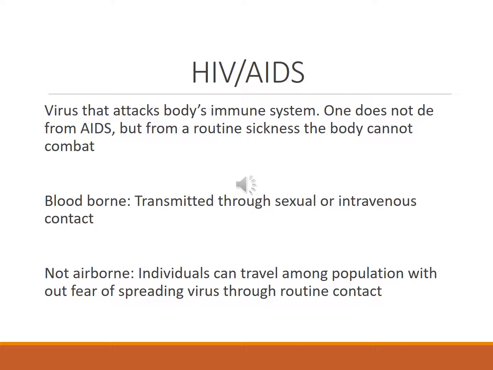For a while, there was a great deal of uncertainty about HIV/AIDS. At one point, before we knew for sure how the virus was transmitted, there was a fear that it was in fact an airborne disease and that simply being around individuals who are HIV positive puts you at risk of contracting the disease. We know that's not true now, that you can live and work and generally exist around an HIV positive person, and there's no chance that you'll contract the disease so long as you aren't exposing yourself to blood or any other type of bodily fluid from an HIV positive person.